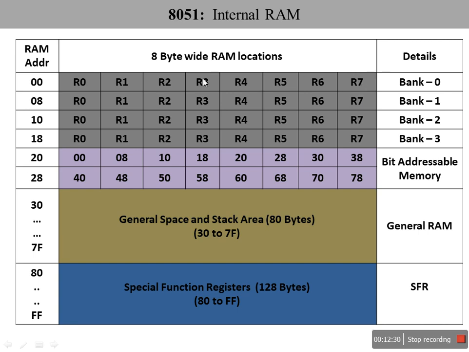But here we don't have such a facility. Whereas 8051 facilitates this bit addressable concept from 20 to 2F. So these are the bit addressable locations. These are very helpful when you are developing applications for embedded systems. Right. There, say for example, if you want to interface 7 or 8 IO devices,